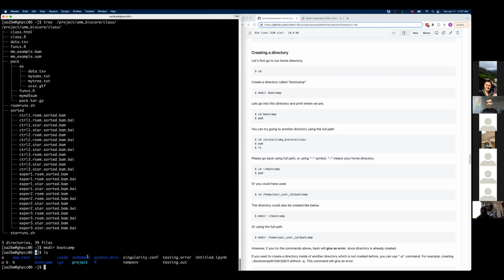When you're following these instructions in this material, you should start from the beginning. In this case, for example, creating a directory starts with cd. cd will take you into your home, and then you will be able to create because you have rights in your home. This is your home. It just says bootcamp and Galaxy. Is that fine? Yeah, that's fine. So you remember you had only the Galaxy before, and now you created a second folder called bootcamp, right? So now you have two folders in your home directory.